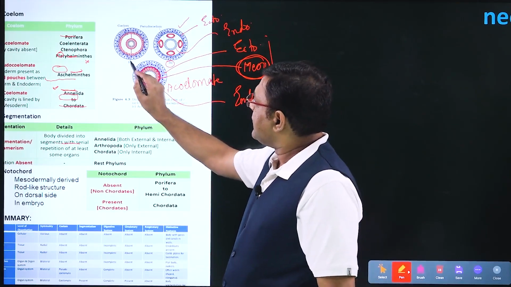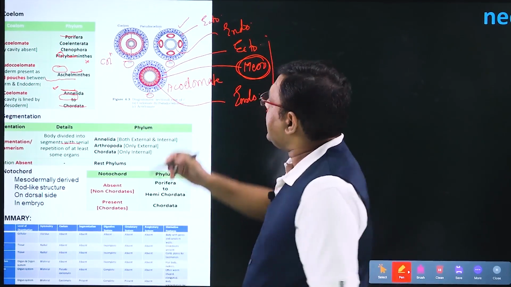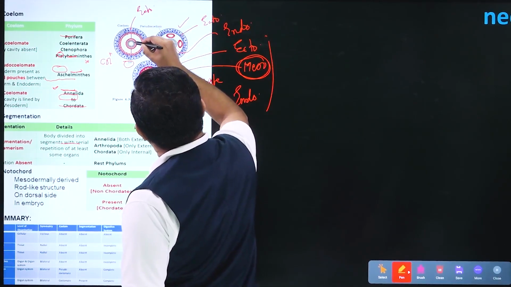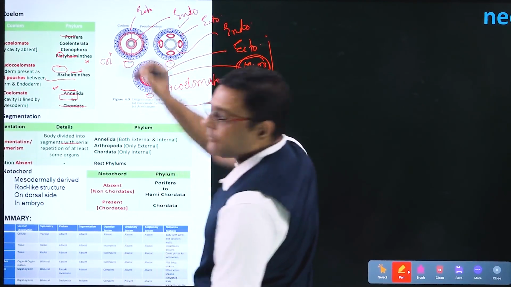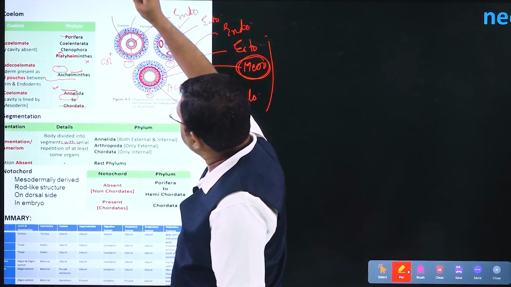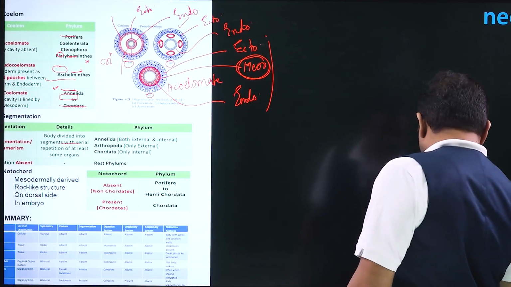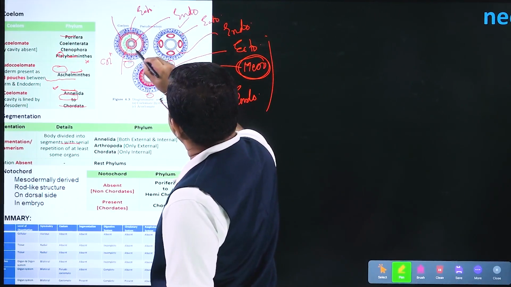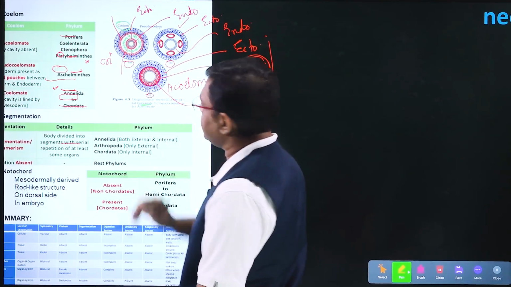After this, we come to the most advanced condition, that is the coelomate condition. In this diagram, we can see that the outer layer is ectoderm, this inner layer is endoderm, and the reddish layer, that is the mesoderm, has been split into two layers. So this is the outer mesoderm and this is the inner mesoderm. That means in between these two layers, there is a cavity present. This clear cavity is called the coelom, and that is why this condition is called the coelomate condition.